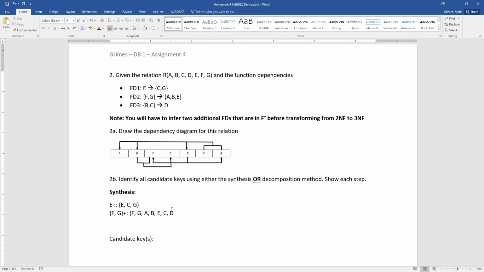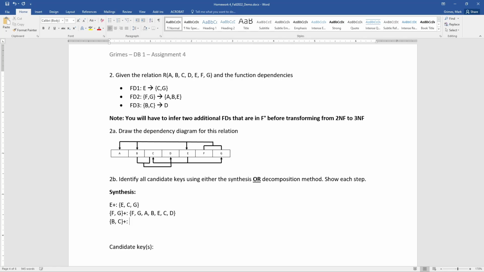So that's also going to be in the closure: A, B, C, D, E, F, G. Oh, that looks like everything. So it looks like FG is going to be a candidate key. At this point, it's not super important then to find the closure of BC, but we can go ahead and